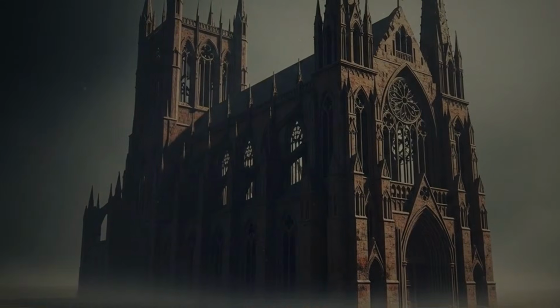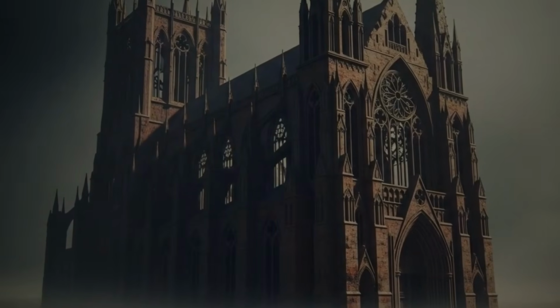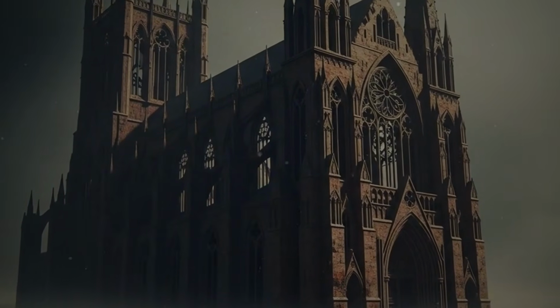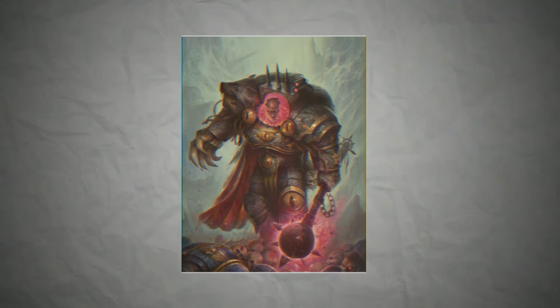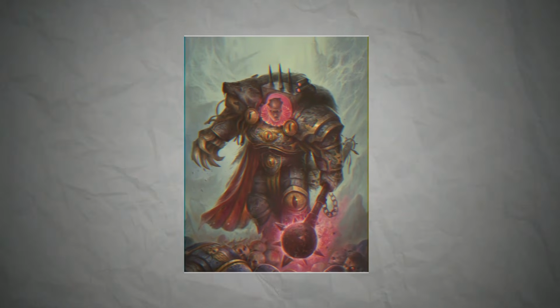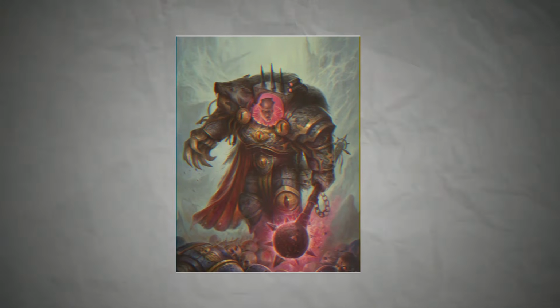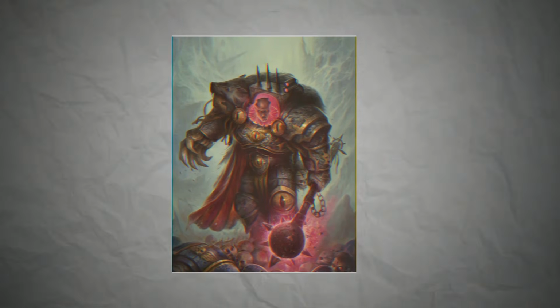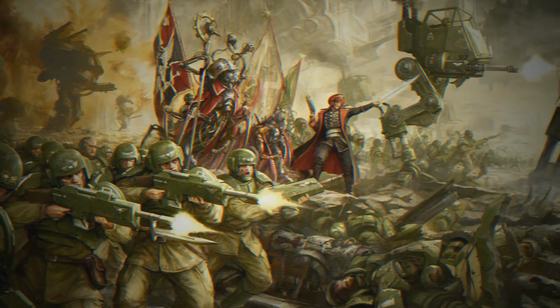Guilliman and his legion, desperate to reach Terra and defend the Emperor, found themselves trapped, forced to navigate the treacherous currents of the Ruin Storm, their path blocked and their communications severed. This strategic isolation of the Ultramarines, a cornerstone of the Loyalist forces, was a crucial victory for Horus, allowing him to consolidate his gains and press his advantage without fear of immediate intervention from one of the most powerful Loyalist legions. The galaxy was now truly engulfed in the flames of civil war, a conflict that would define the next 10 millennia.